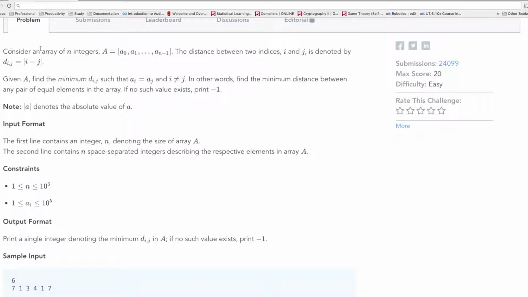So it says to consider an array of n integers, where A is an array of A[0] to A[n-1], because there are n integers. The distance between two indices, i and j, is denoted by distance ij, which is equal to the absolute value of i minus j. Given capital A, which is the array of size n, find the minimum distance d_ij. d_ij is the difference between two integers, such that